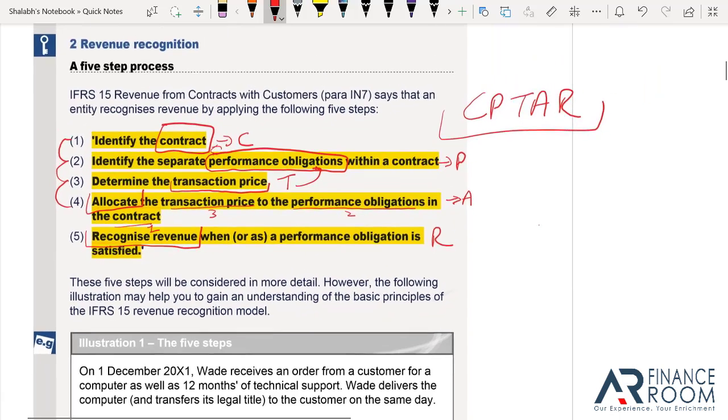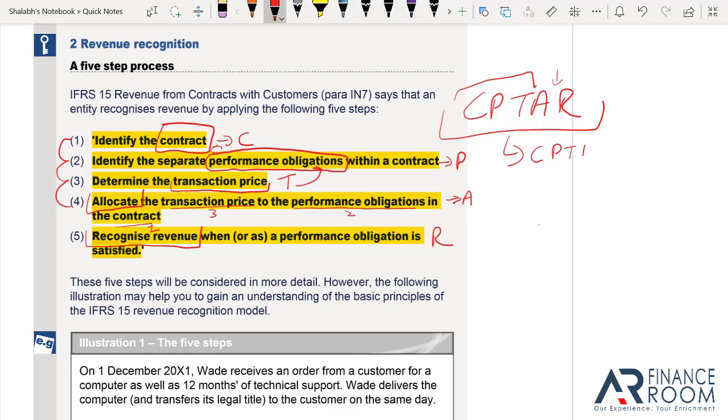Captar. Since I'm from India, in our chartered accountancy examinations, which are parallel to ACCA, the foundation exams, the first level exams are called CPT. So it becomes relatively easier here. CPT is the name of the exam, which is Common Proficiency Test, and AR becomes accounts receivable. You can term this as Captain AR, Captain Accounts Receivable, Captar, or CPT AR, whatever you want to.